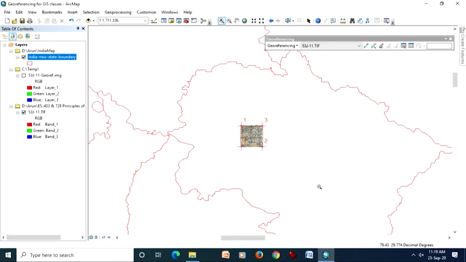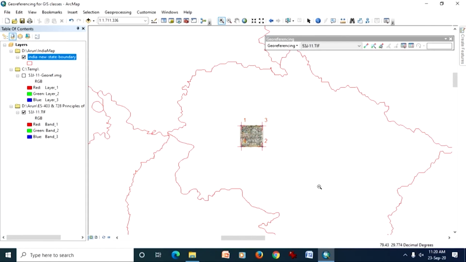So, this brings to the end of this demonstration, which I have shown in between, of raster data compression, and how those options come at different stages. You choose judiciously about the compression depending on the file format and the size of the file. And the second thing is about georeferencing. Georeferencing